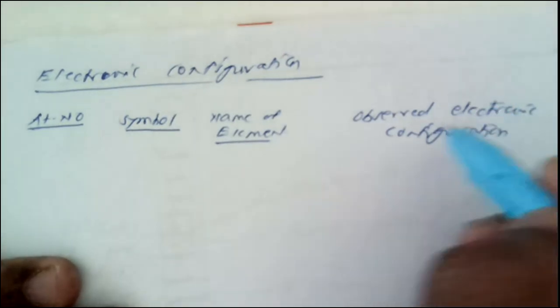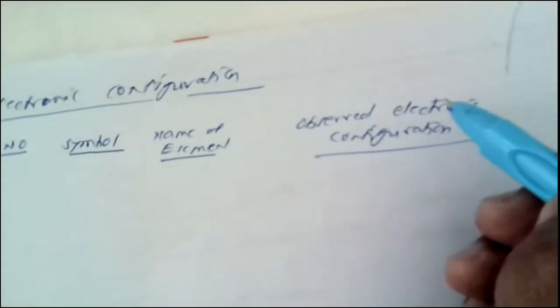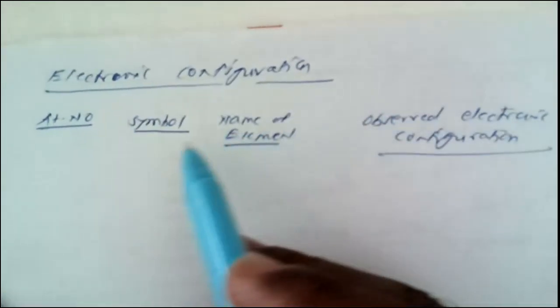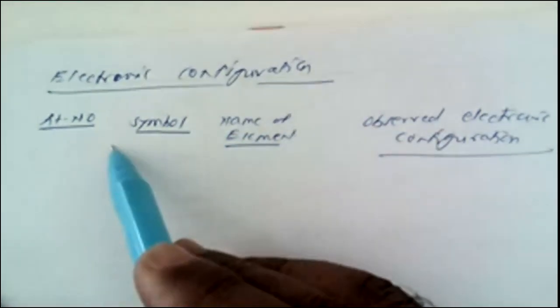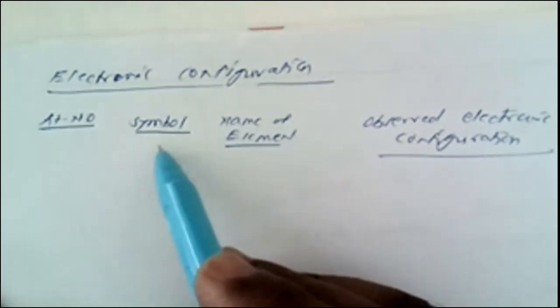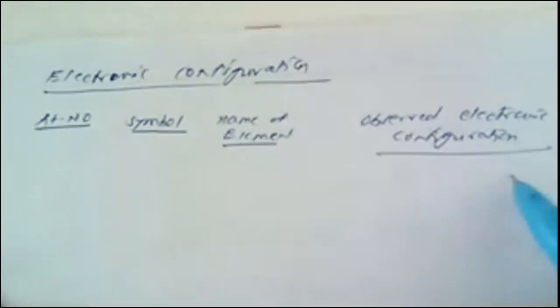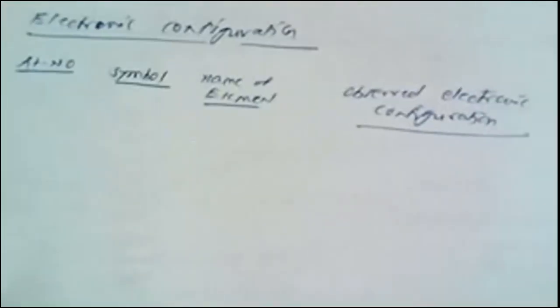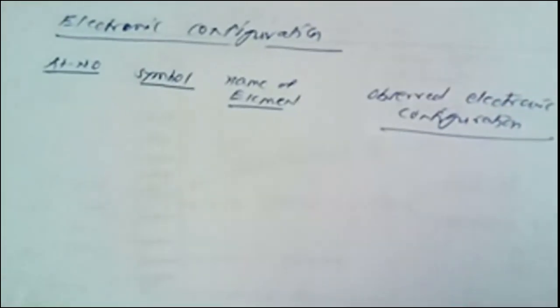Observed electronic configuration. You have to prepare these 4 columns. First column, atomic number. Second column, symbol. Third column, name of the element. And the last column is the observed electronic configuration. I am telling you repeatedly, because all the properties we are going to study in due course of time